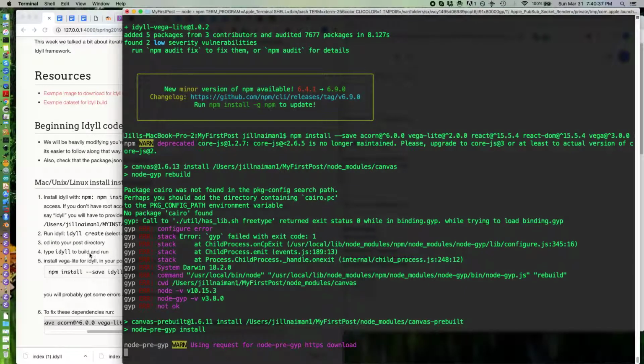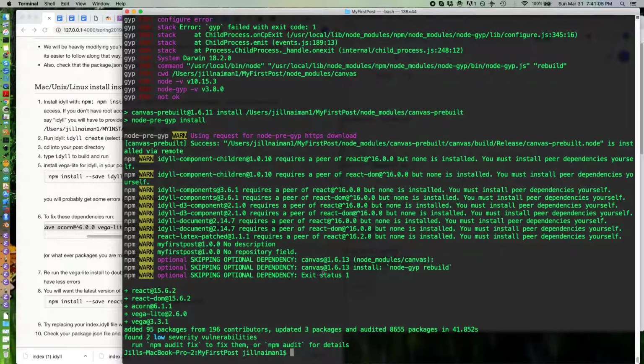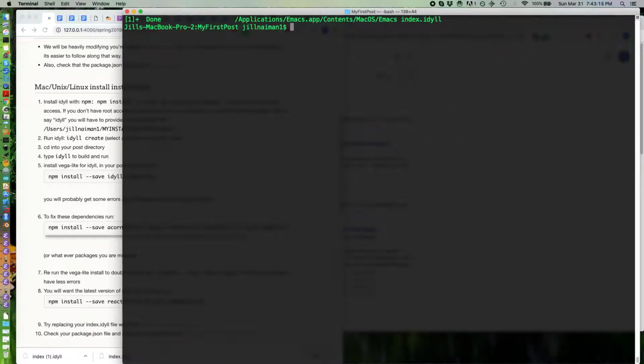And so I'm going to get some of these errors that I'm just going to ignore for the moment. And so this will take a little while, so don't panic. Okay, so now it's saying I've added these things. There's also a few more React things listed here that it's saying it would like for me to install. But first, let's try just running it against this. So now I'm going to try and rerun my